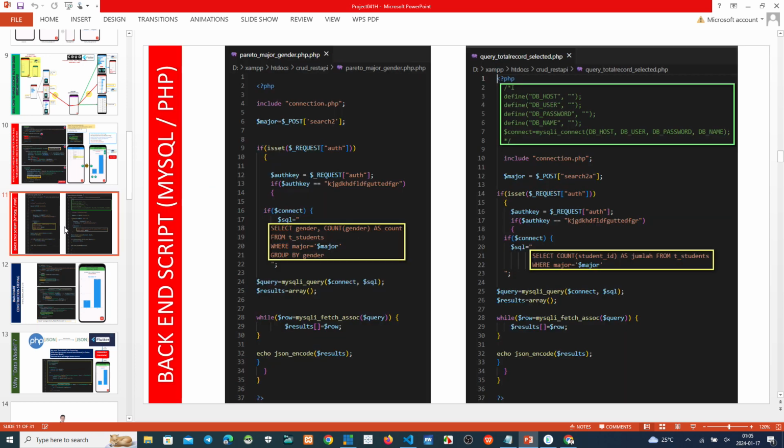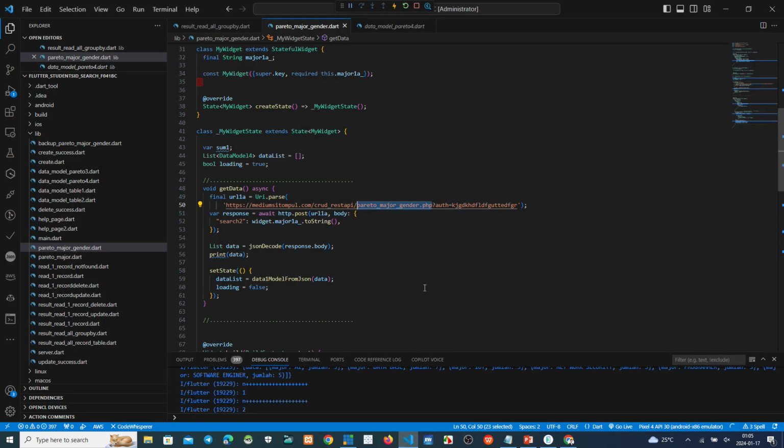This is the Pareto measure gender, just a simple script to query data from the database. And then after that we send this name, the parameter name, with measure 1 to the backend.